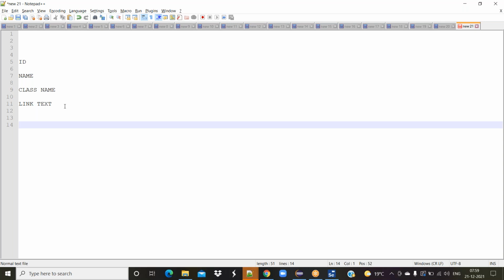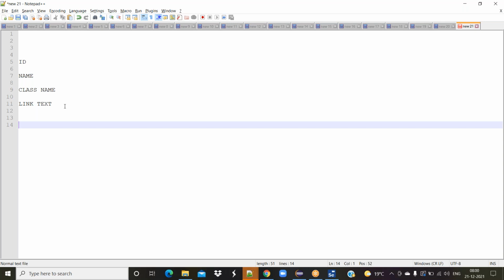Sometimes the values assigned to these attributes are not unique. So what is meant by not unique? Suppose I asked one boy to call a student from the eighth class with the name Raj. But in that class, there are two students with the name Raj. Then again, there will be confusion, right? Which Raj? Obviously, the boy I sent to call him will be confused.